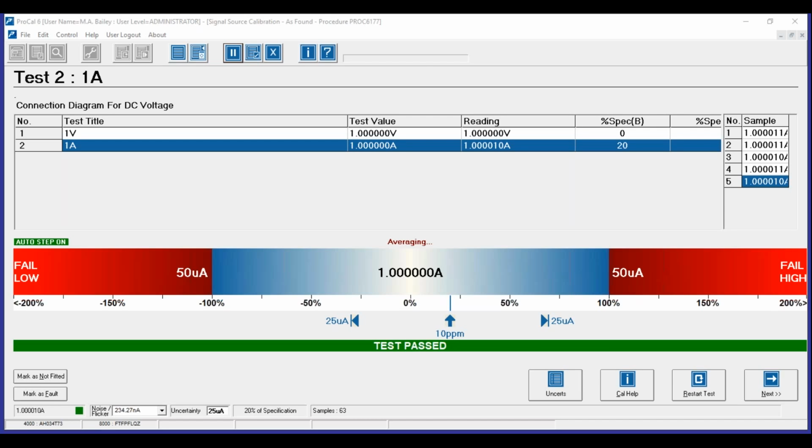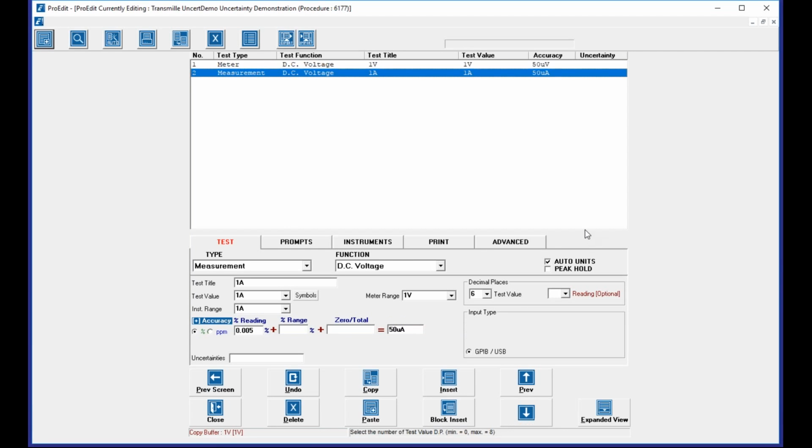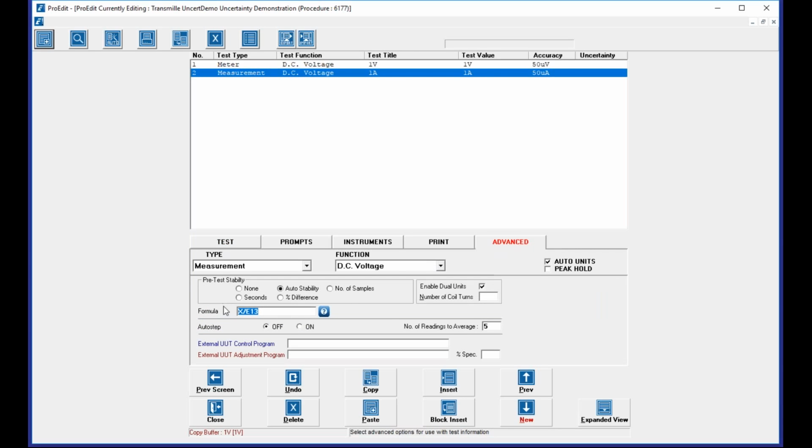So I'm just going to switch over to ProEdit and select this test, as we can see, we've set this measurement up to actually perform a measurement on the DC voltage range of the multimeter, but divide the resistance, the voltage measured, by the value of the standard resistor,